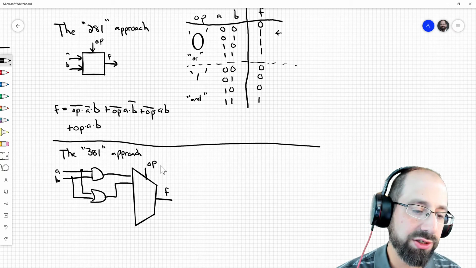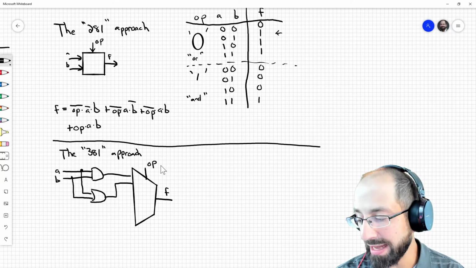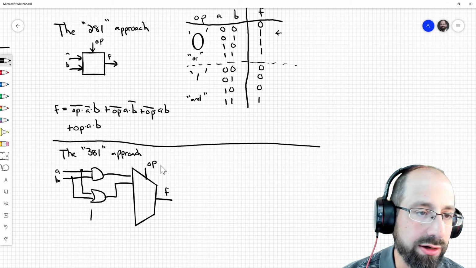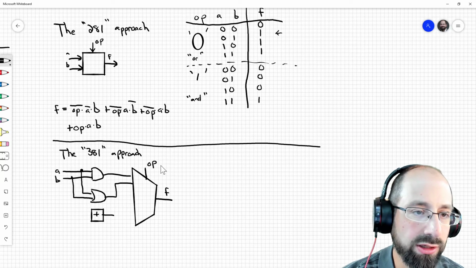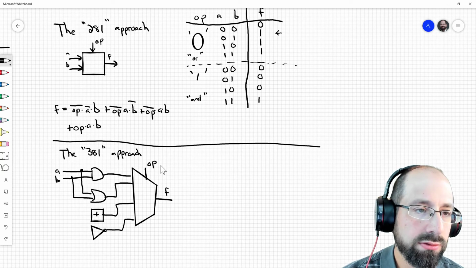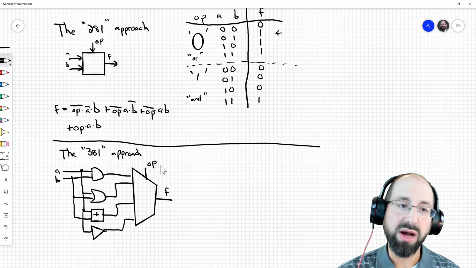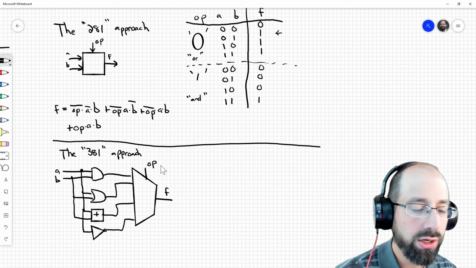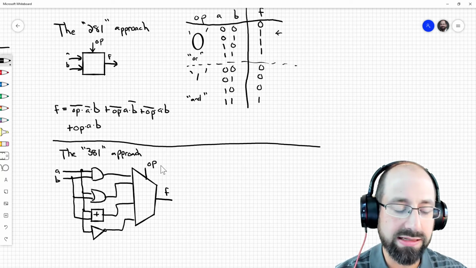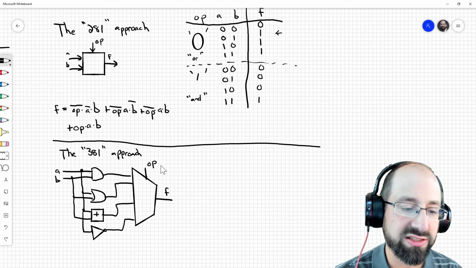It becomes much easier to realize that now we want to add additional functionality, right? Maybe we also want as one of our operators, a half adder. Well, we just add one. Or we want to just invert A. We can just add those as inputs to our mux and expand our mux. Whereas if we go back to the 281 approach, well, now we're back to the drawing board. Now we're back to a larger truth table, having to re-optimize, re-minimize that circuit, or generate our sum of products